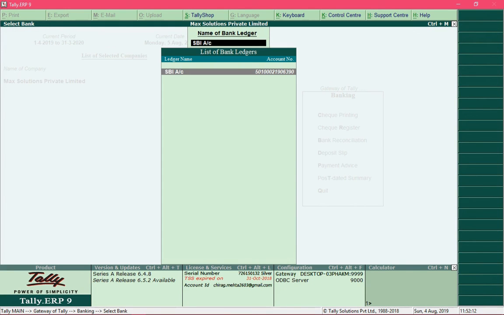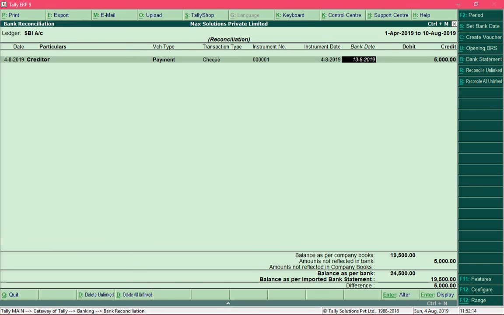Now again when you visit the reconciliation screen, you would again be displayed with a difference in balance. You can see the balance information over here, but it is now showing a difference of 5,000. So you don't have to panic, because if you notice the period information over here, the period is selected up to 10th of August, and we have reconciled the statement for the date of 13th of August.